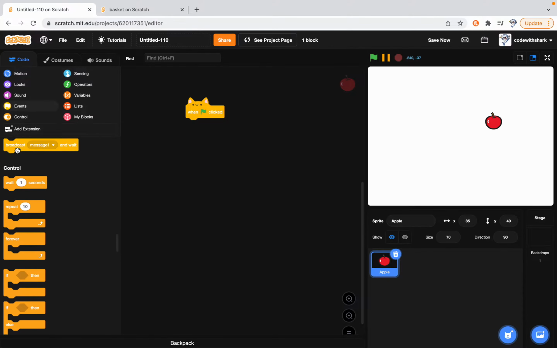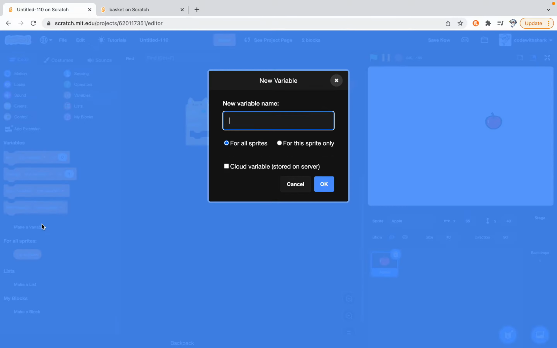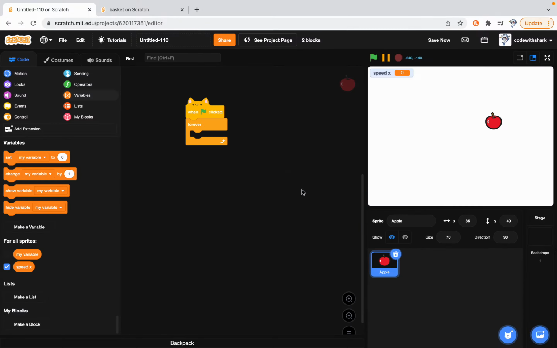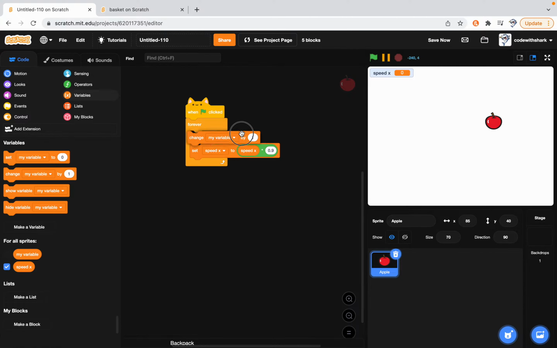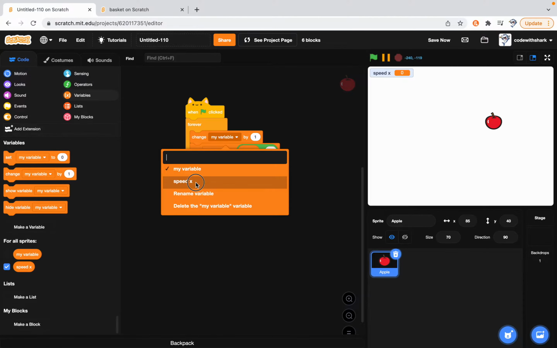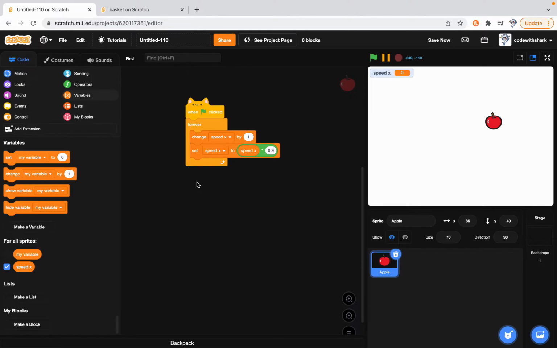For error, get a new variable, SpeedX. Set SpeedX to SpeedX times 0.9, and we also want it to move, so change SpeedX